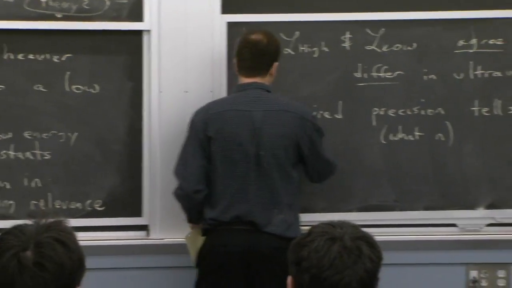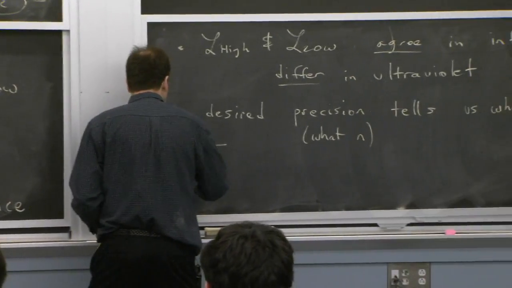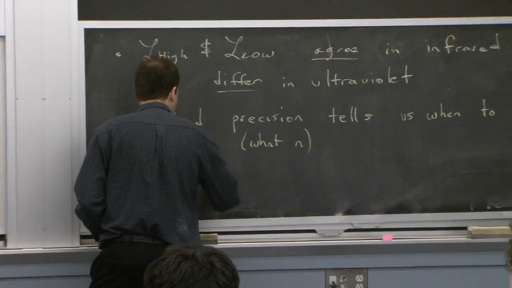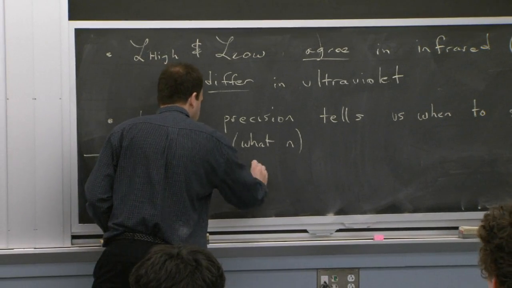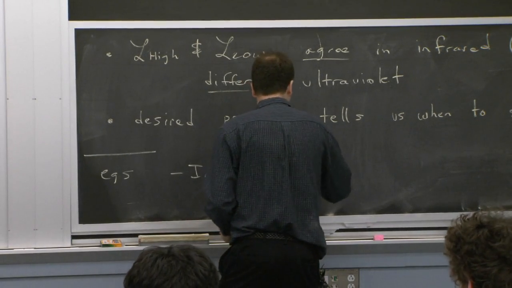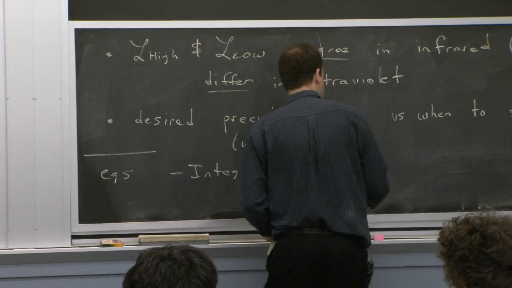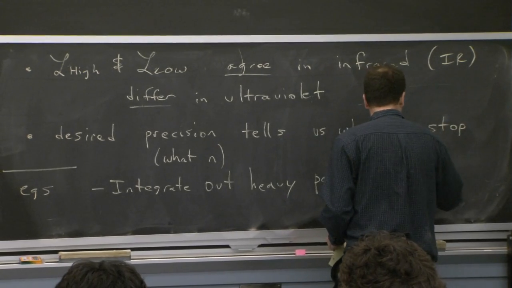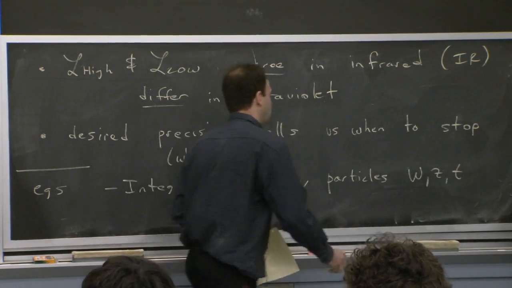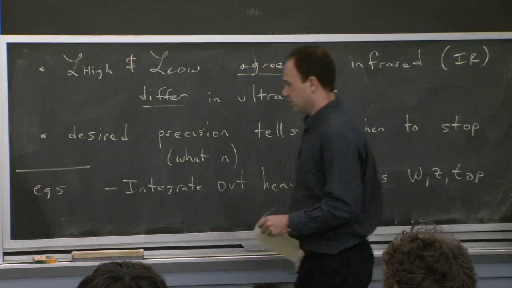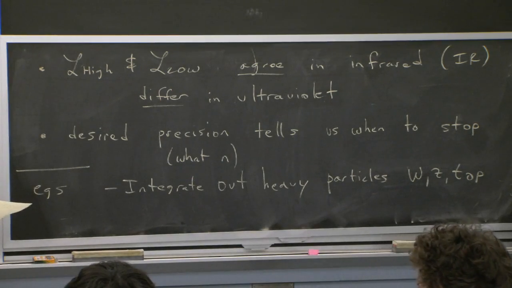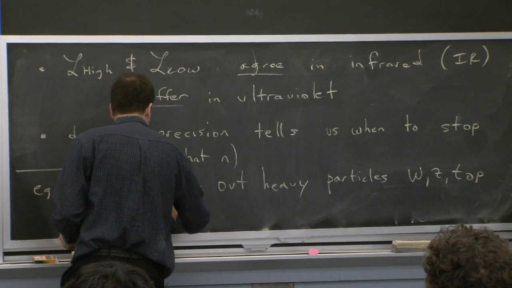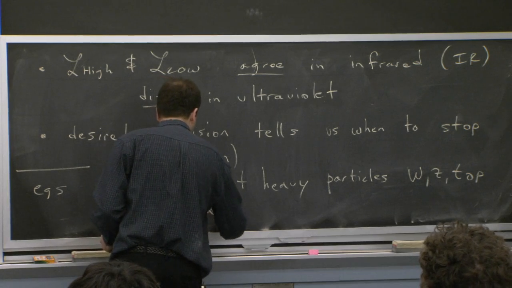So that's kind of a motivation, actually, for some of the examples in the standard model. If you think about, for example, integrating out heavy particles like the W or the Z or the top quark, one of the motivations is sometimes what I just said, to separate out perturbative and non-perturbative physics. So that's one example. Heavy quark effective theory is also an example of this top-down